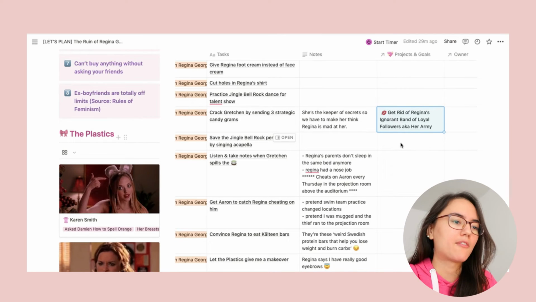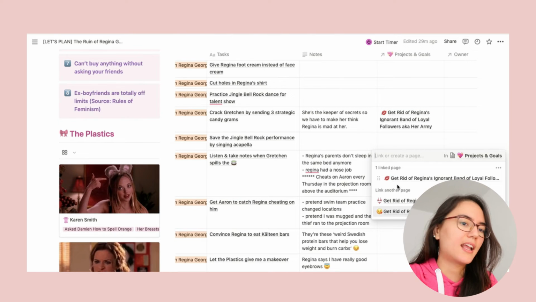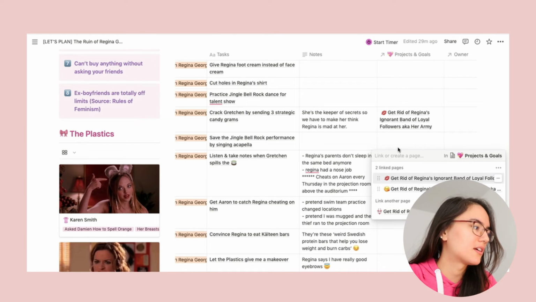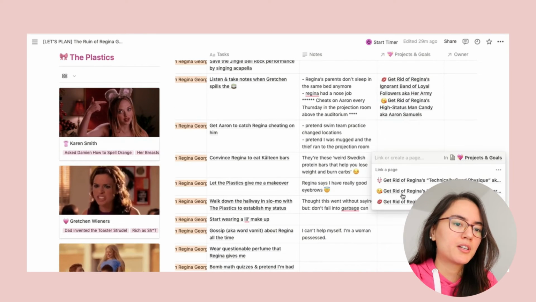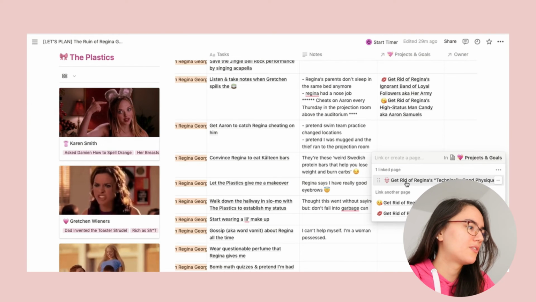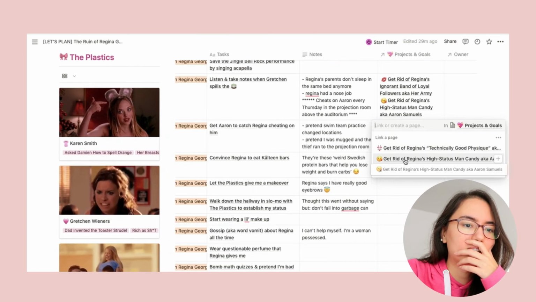Then next up we have listen and take notes while Gretchen spills the tea. That is to get rid of Regina's friends and also get rid of her man candy because we find out that she's cheating on him. By feeding her Kalteen bars, we're getting rid of her technically good physique. Get Aaron to catch Regina cheating on him. We're trying to get rid of